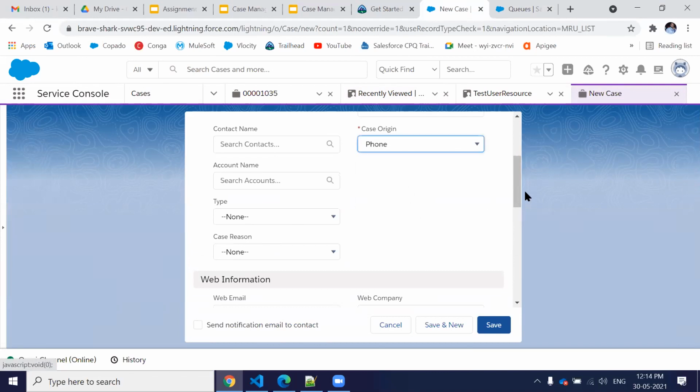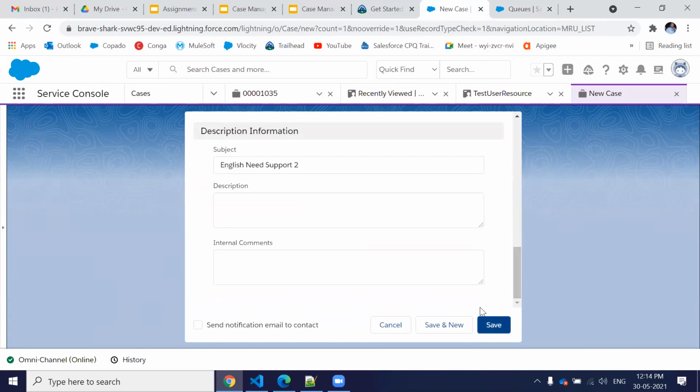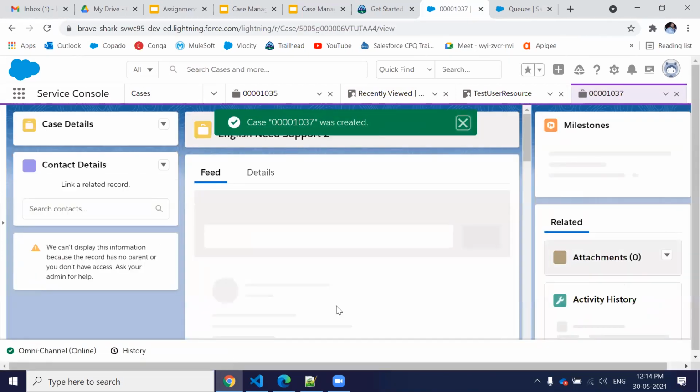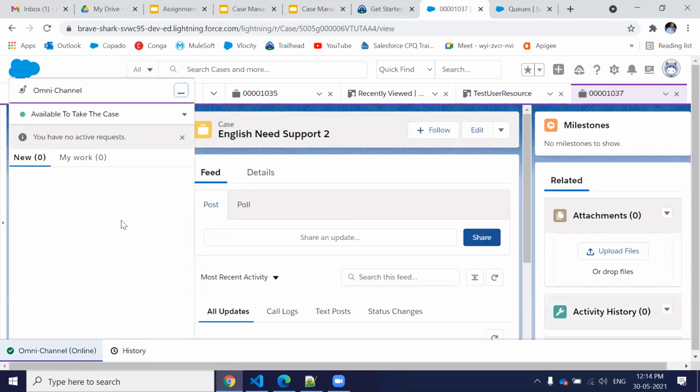Create a phone. So I'm creating. We have deleted that routing configuration. So no work is assigned as yet. Make it offline.